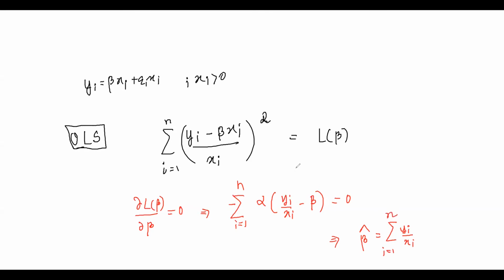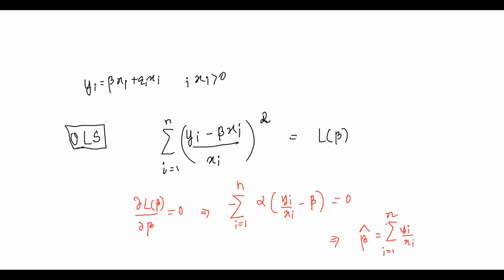Okay, we have got beta to be this one. Is it fine? I hope everything is fine with you. And what we have done here, we have just taken the derivative with respect to beta, and we have found out that beta is just that summation. But there is a problem over here.